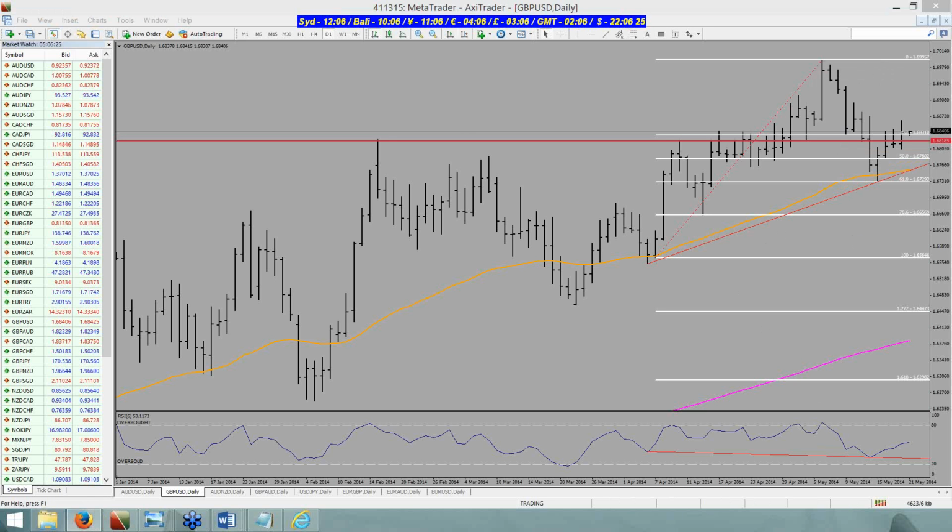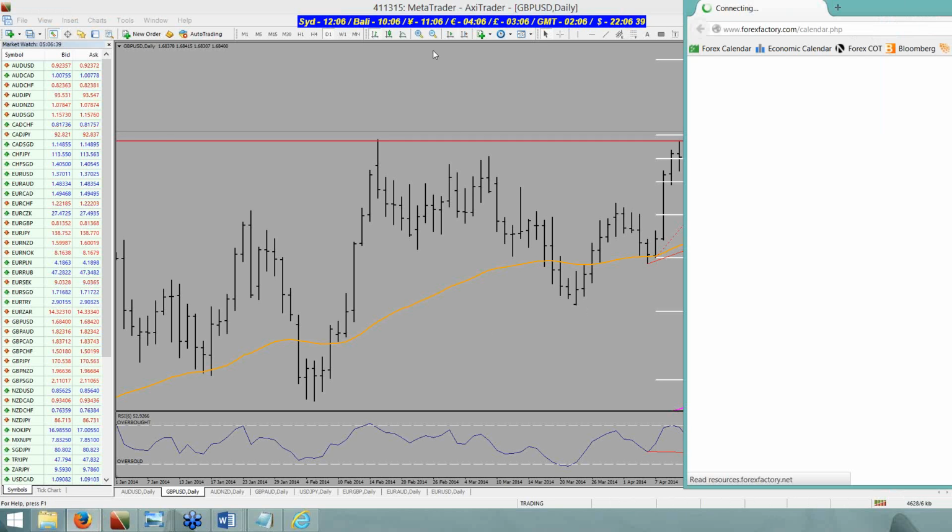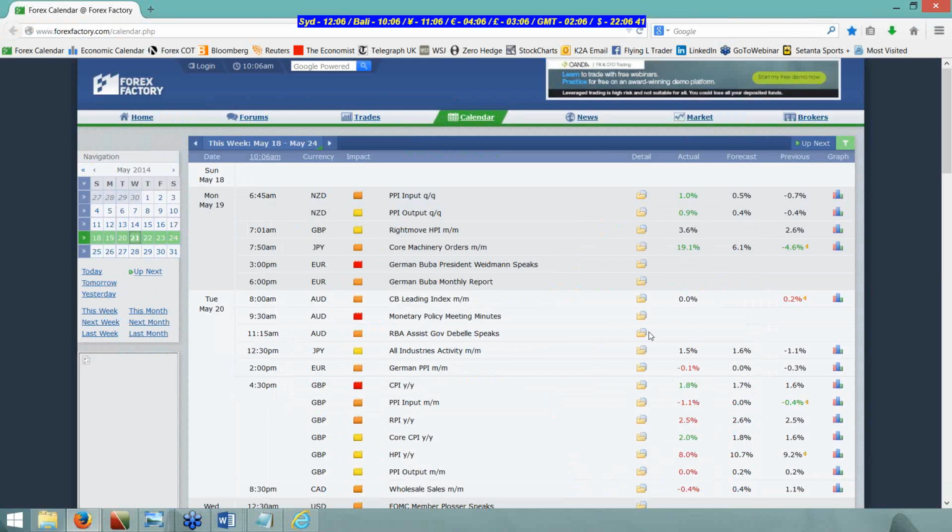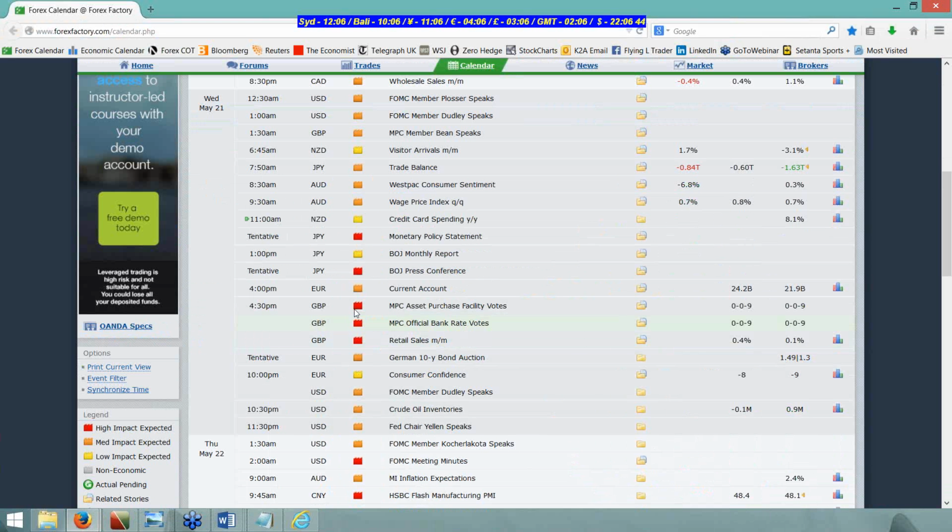Well, you had a reason yesterday to move your stop up with this test bar. If you're nervous about the news, I don't think the news is going to be affecting the market in a huge way. I don't see this as changing, although if it does, then the pound will only get stronger. And retail sales is not a hugely volatile figure, so I don't see much happening tonight in the pound.